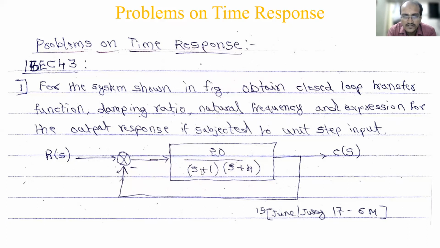You have to first find the transfer function, that is C of s by R of s. Then you have to compare it with the standard transfer function. Normally you compare the denominator part, so it is easy to get zeta and omega n from that. That is what they have asked here. When you saw the derivation you felt it was very difficult, but now you see the problems are very easy, straightaway substitution questions. This question was asked in the exam, June July 17. So we'll see the solution for this.